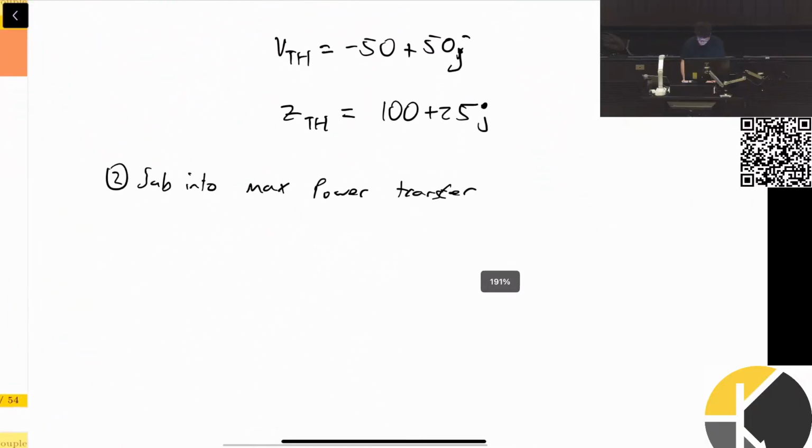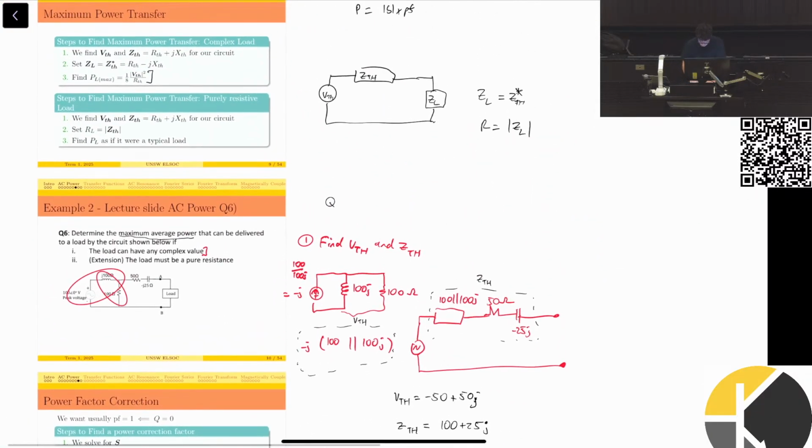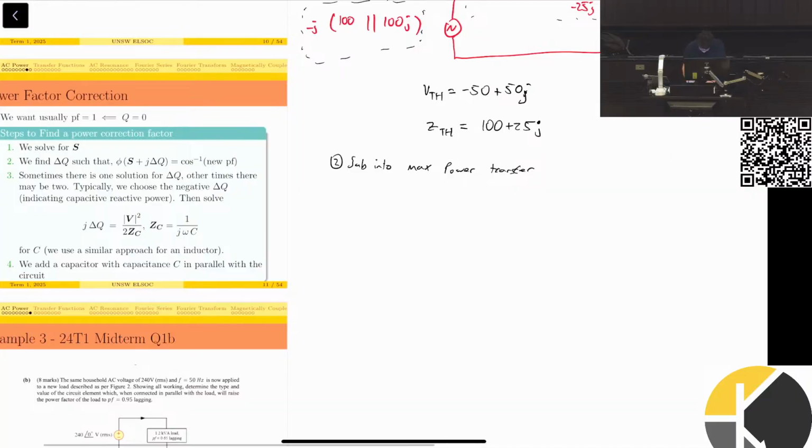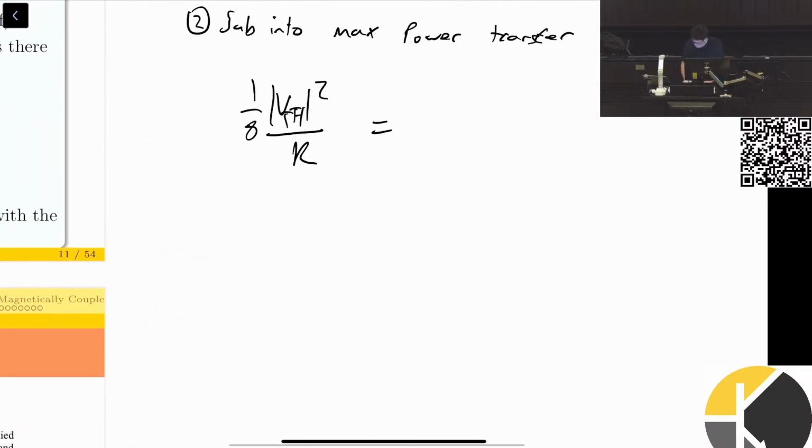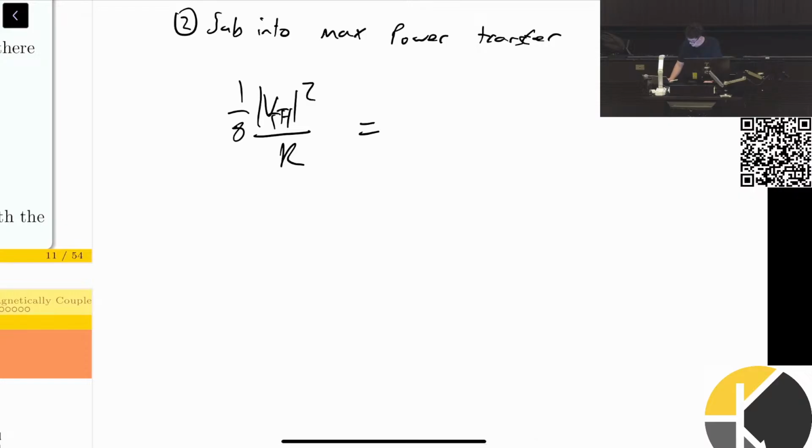Because what you can do then is write V-Thevenin squared over 8R. And R in this case is just the real part of Z-Thevenin because we've cancelled out the imaginary part. All right, we can sub that all in, and we will get